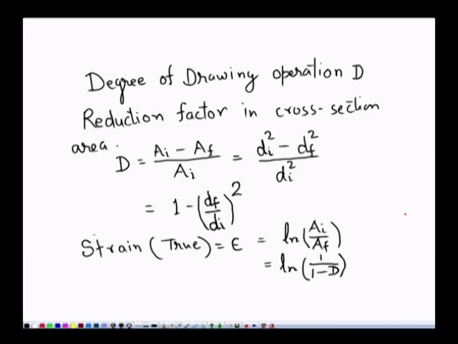After that we discussed the reduction factor, given by capital D, and finally we came to the true strain. Engineering strain is there and true strain is there, and true strain is given by log of 1 upon 1 minus d. So, now we will discuss